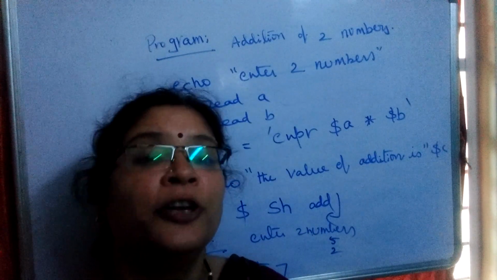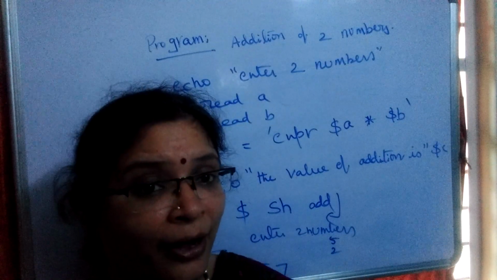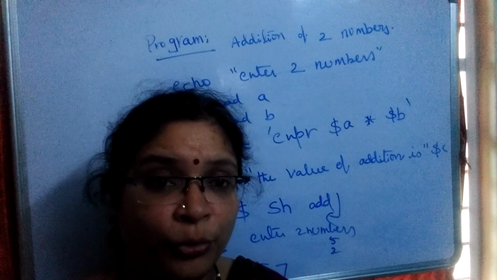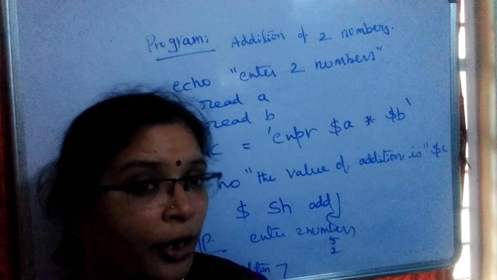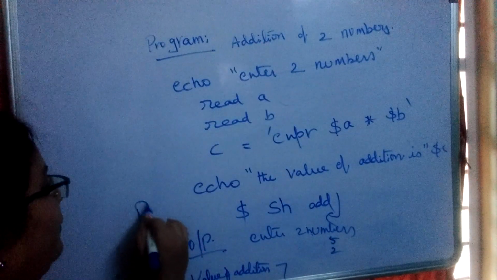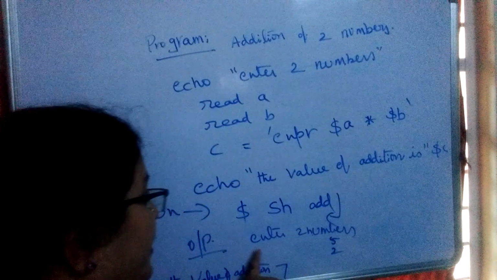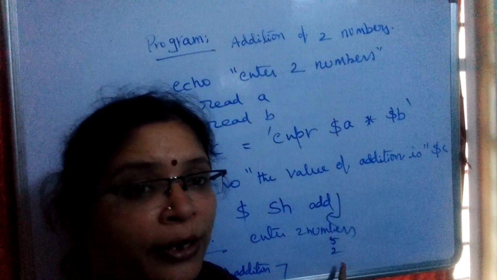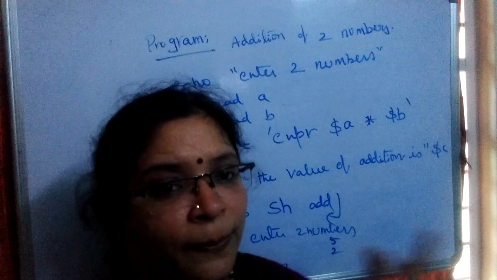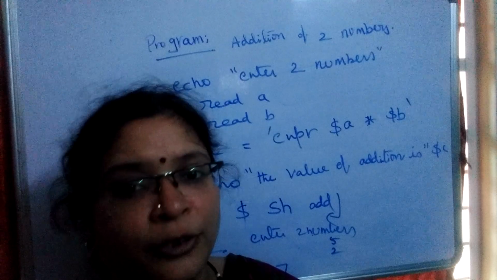How to open the shell script? Using the vi command. You type all this in the insert mode, and at the end you press escape again, and colon wq you give to save the file. And then how to run this particular command? At the dollar prompt you have to give sh add. The output will be given as enter two numbers, enter some 5, 2 or whatever two digits. And finally you get addition means addition, subtraction means subtraction, according to the operator you use. It is a very simple shell script you can run.